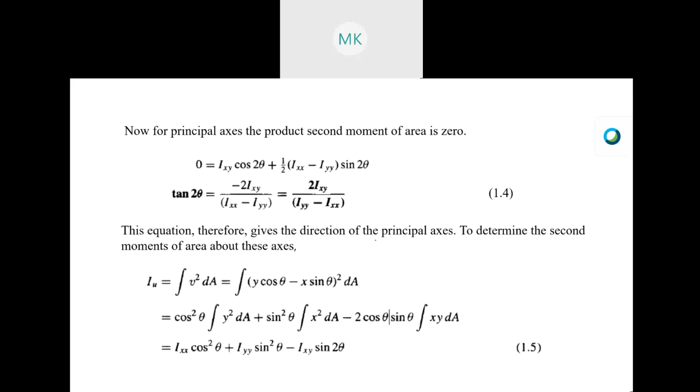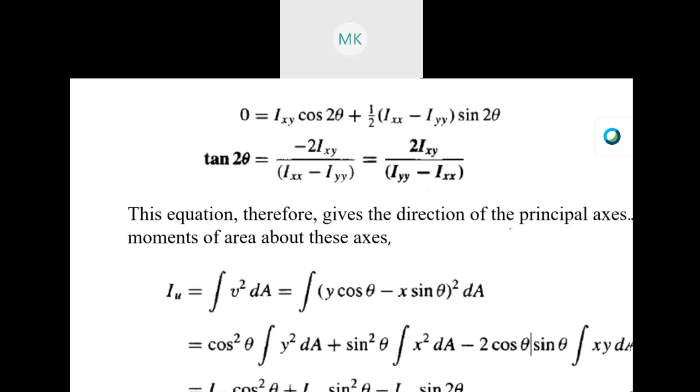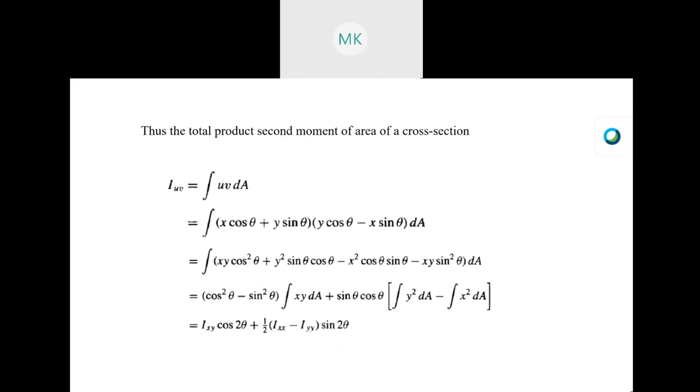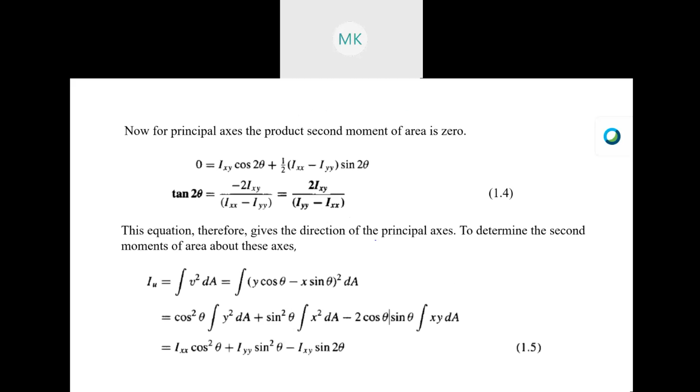So as I have already said, the principal second moment of area about any particular axis is always 0. So after finding out this value of Iuv, we need to put it equal to 0, and from that we need to find out the twice theta value. Okay, so after that, again we need to find out one by one, the Iu axis